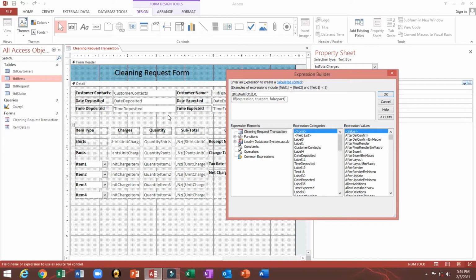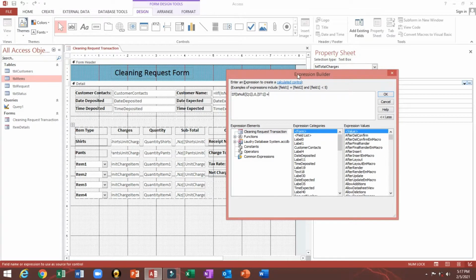So here we'll put close bracket, then our subtotal 1. So again, if this is null, it will become 0. Then if we have some entries, it will automatically show the subtotal amount. Then we will close. Then I will put plus